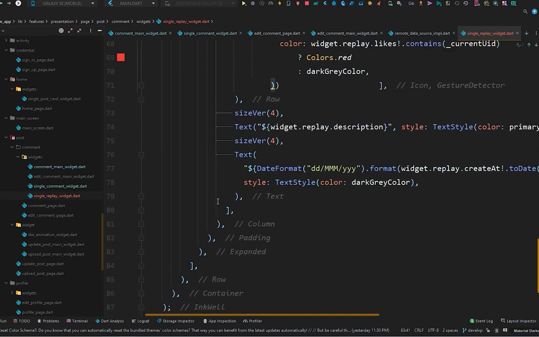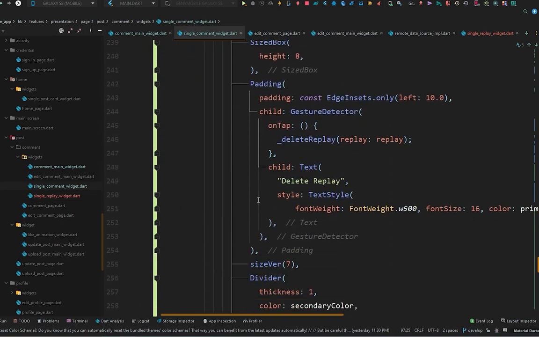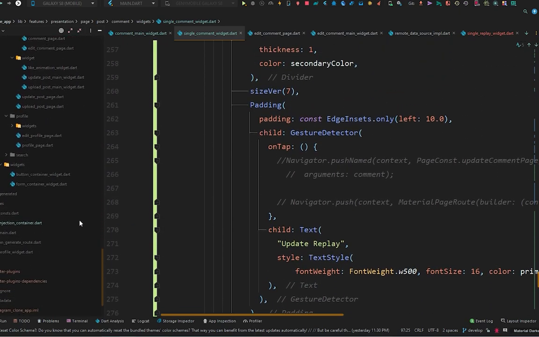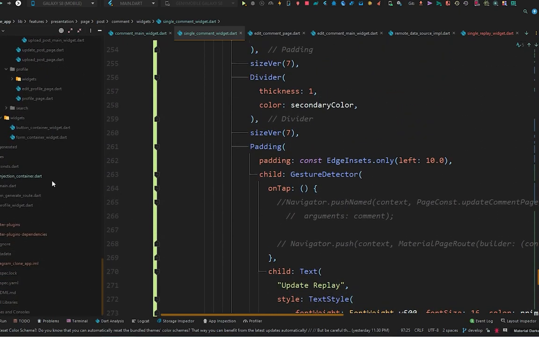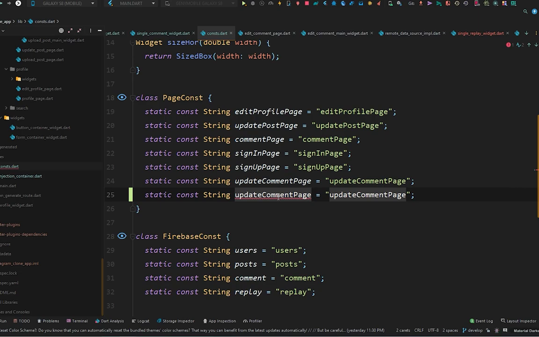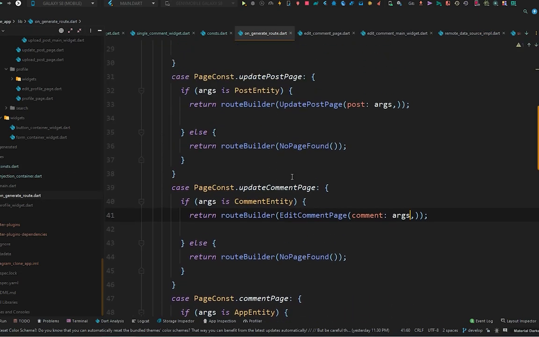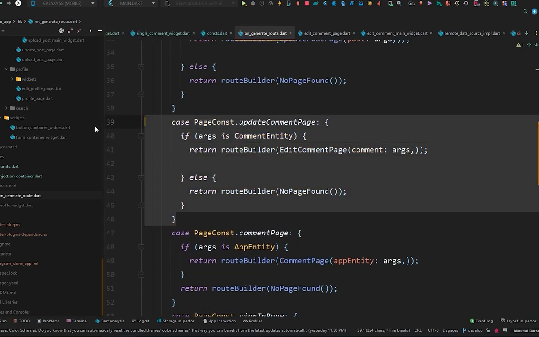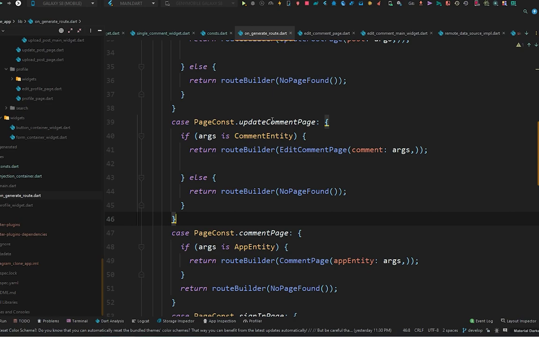And while navigating to that page from the single comment widget, you have to do one thing, is to create the constant for that page in the page const. In here you have to create a constant like this, or let me create it for you. That will be edit reply, or let's say update reply page. So you have to use this update reply page constant, and in the on generate route you have to copy this and simply paste it right after this. Only change the update comment page to update reply page, and on the route builder simply pass the